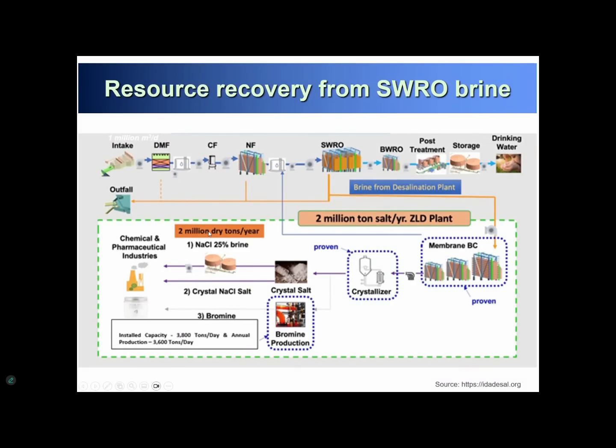Also, you need a lot of salt. The electrolysis can produce hypochlorite and sodium hydroxide, alkali, and then low pH, and then you need a lot of chemical to reduce the overall pH adjustment at the desalination. Also, you need to precipitate your calcium hydroxide, magnesium hydroxide, so sodium hydroxide and hydrogen chloride can be produced from this